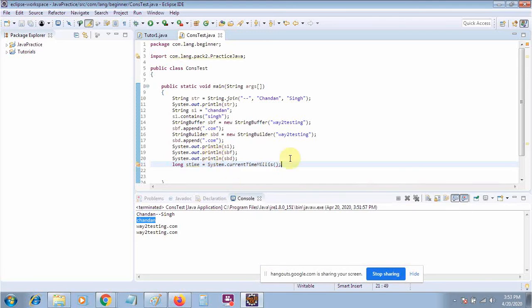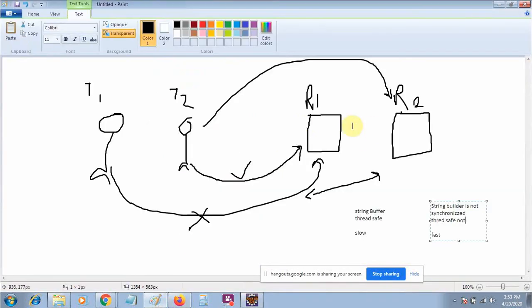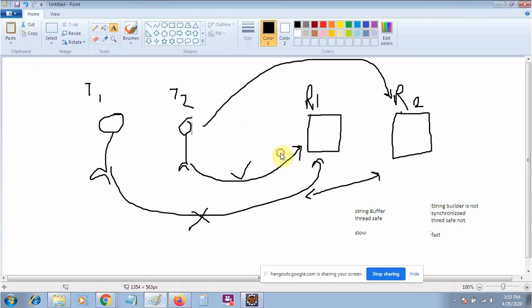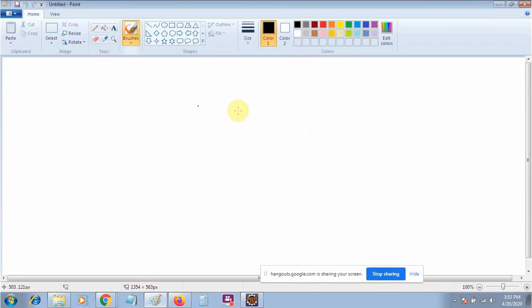How do we calculate the time? If a process P1 is running, how much time is it taking? How will we calculate this? Generally we calculate the time this way: first of all we pick a time before starting the process, and then we run our process, and then again we pick the time of the completion of the process.